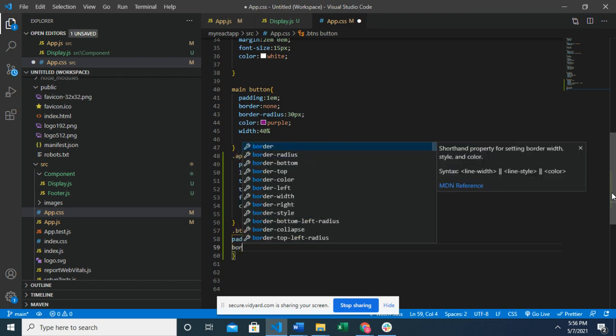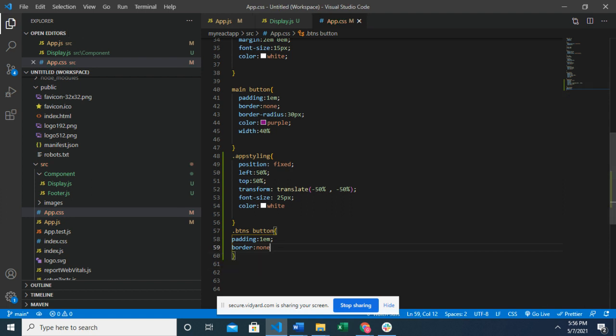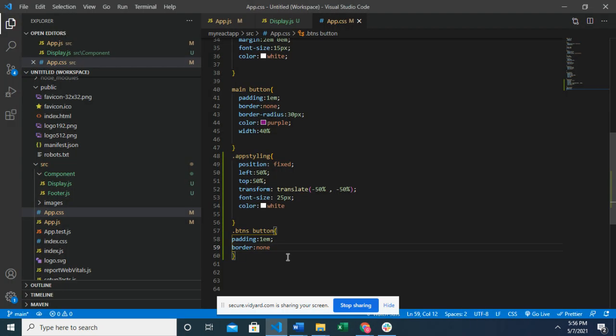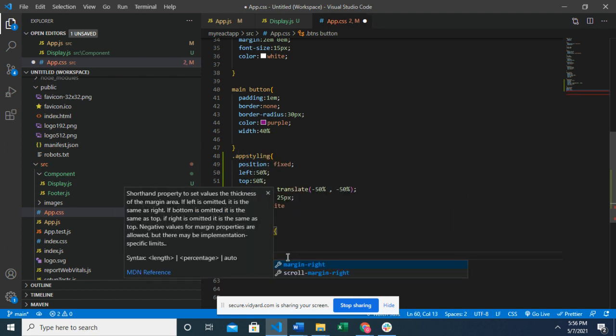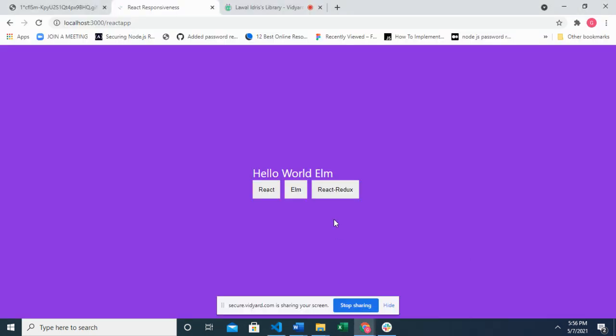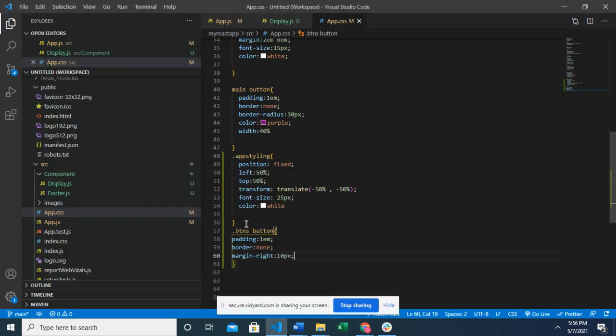And I don't like the border I'm seeing there. I'm going to remove the border. And what else? Let's see what we have there. Okay, not bad. Let me give a little bit of space. I'll give a margin, right? 10 pixel. They can just spread out. Right. Okay, so just a little bit of